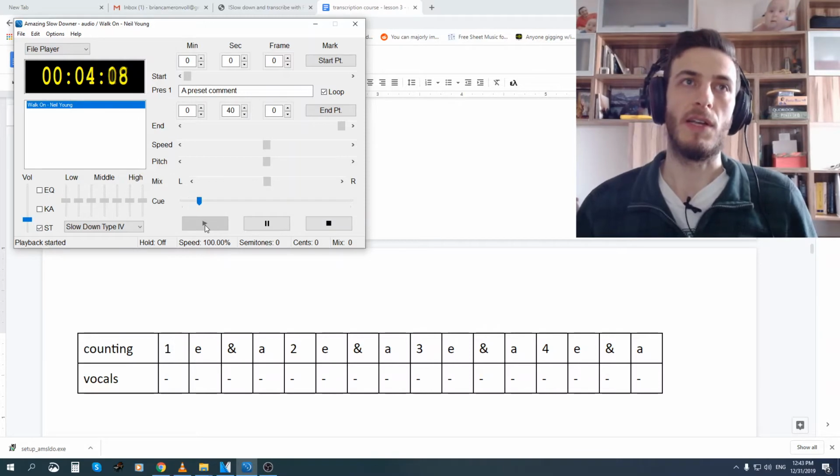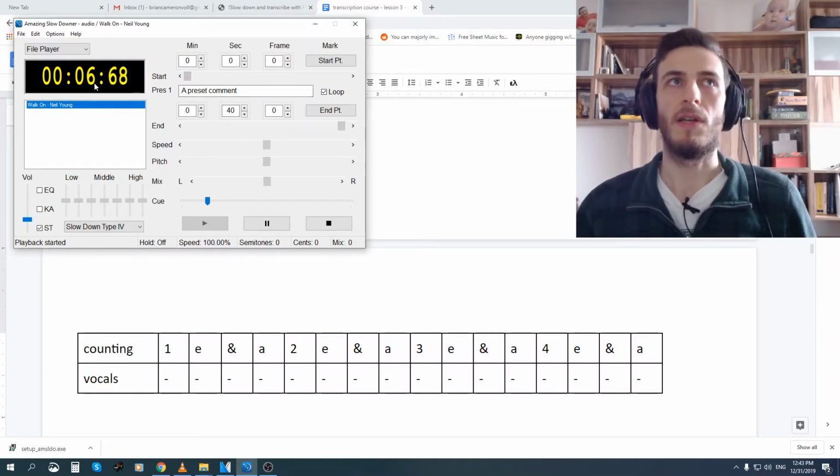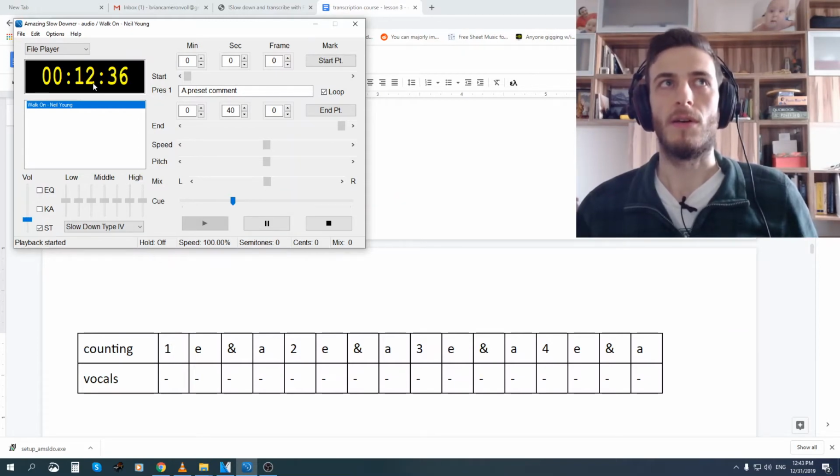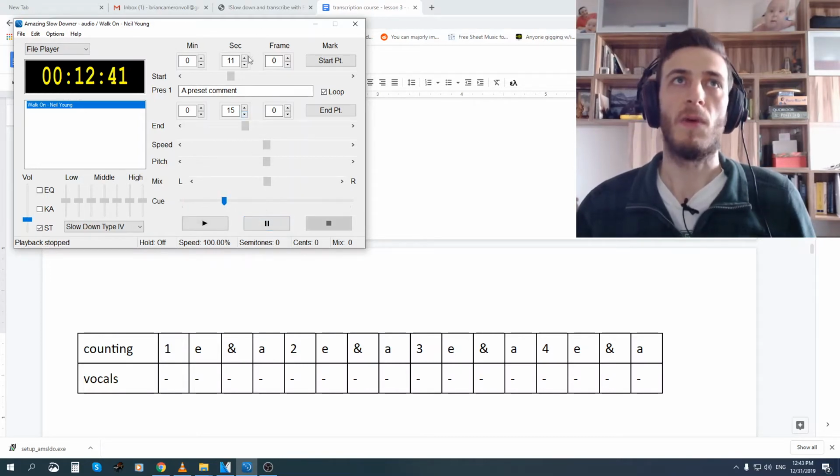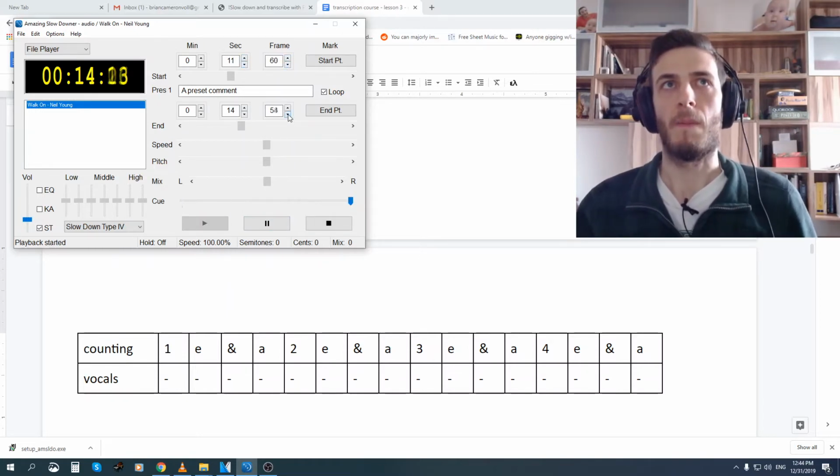Around 12 seconds, 11 seconds. And that's probably going to be a few seconds. So let's go to 15 seconds. So it's fine, 15. This is nice. You get to see what mark you're at. So if we want, we can be more precise with our loop. Cool. So now we have a loop,